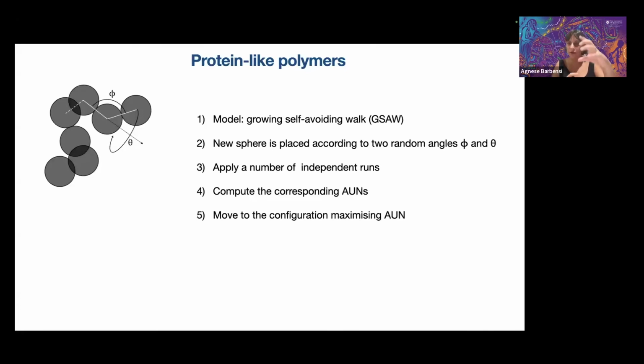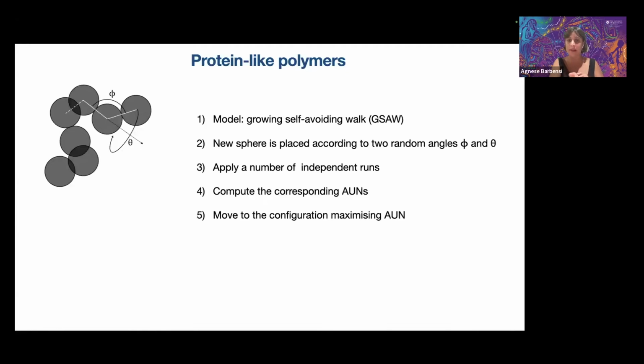If we start from a short configuration and start growing it, and we want to explore the possible set of configurations this curve might take while growing, we can apply a number of independent runs in which each new bead is positioned in a random way by sampling phi and theta from